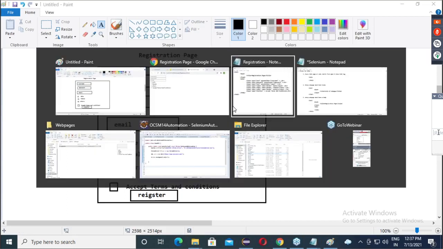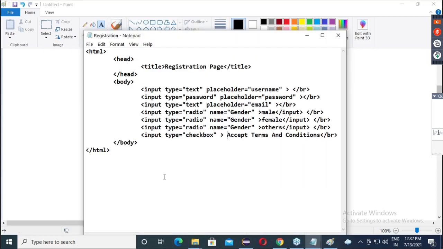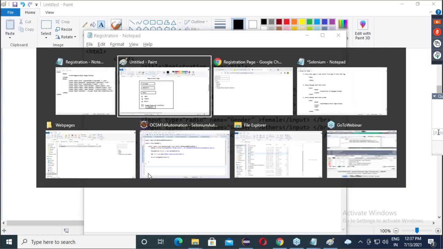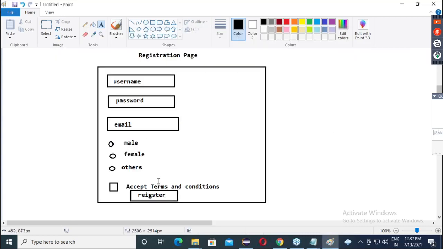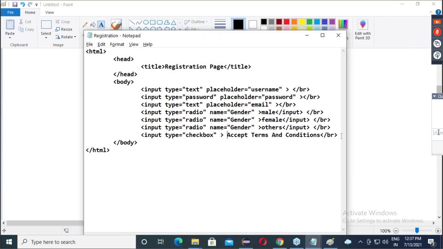Register button. Okay. Now how to create a button? So now guys, observe this button element carefully. We will create a button, but is that text before the button, after the button or within the button? Within the button. So now here what we will do, input, what type of field is it?